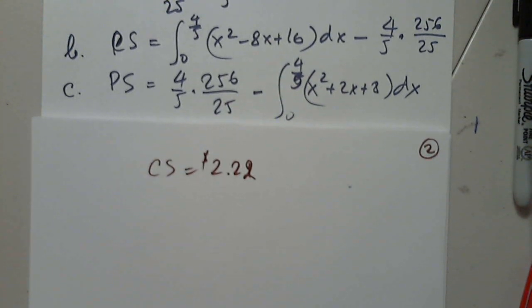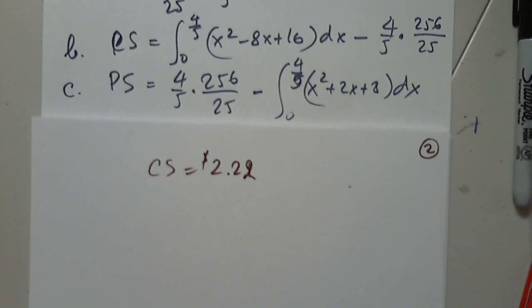I was just thinking if I can copy anything from there, but it doesn't work. Okay, that's okay. So 4 times 256 and divide by, if you don't write the product, you just multiply 5 times 25, which is 125. You don't need parentheses. But minus, now number 9, the integral from 0 to 4/5